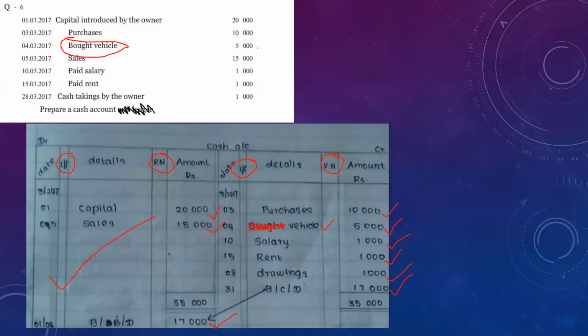Stock purchase means bought stock. Bought stocks also we have to write what? Purchase. Does anyone have a doubt? Please raise your hand. Don't send messages, please, unless I ask you to send. Any doubts? How many of you got all correct? 100%, send me a message now. Now send the message.